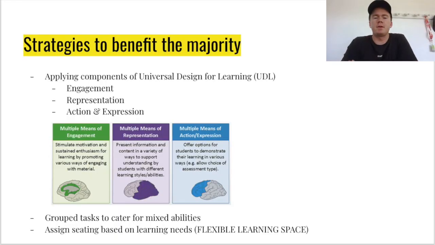Often, teachers will have to implement specific strategies to target specific diversities. However, educators should also consider praxis to implement to cater for the whole classroom, not just those who have additional needs. Implementation of the Universal Design for Learning, or UDL, enables teachers to use effective strategies which cater to a wide range of learners. The implementation of UDL involves 3 stages, the first being multiple means of engagement, which could